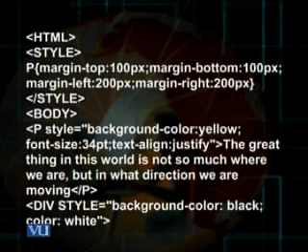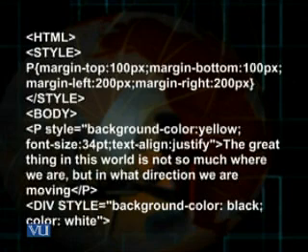Similarly, 100 pixels from the top and 100 pixels from the bottom. You may notice that because I have used margin bottom 100 pixels in the paragraph tag, therefore before the start of the heading tag there would be a distance of 100 pixels.